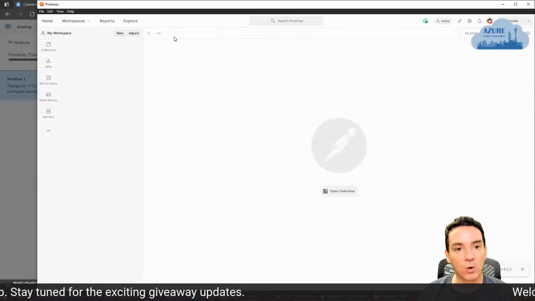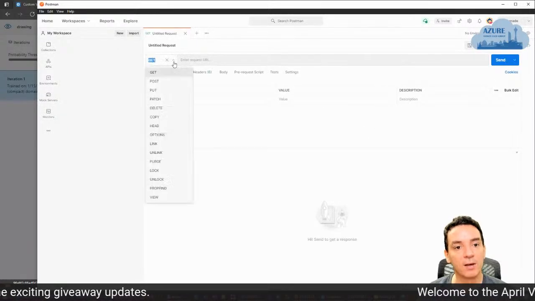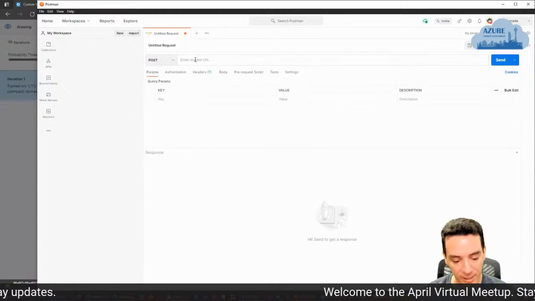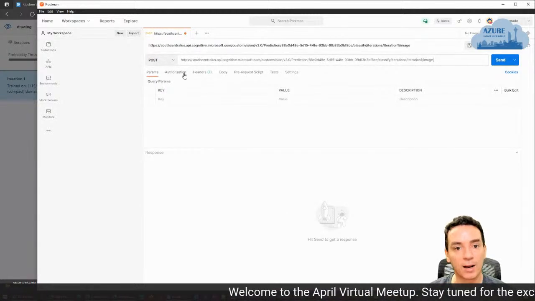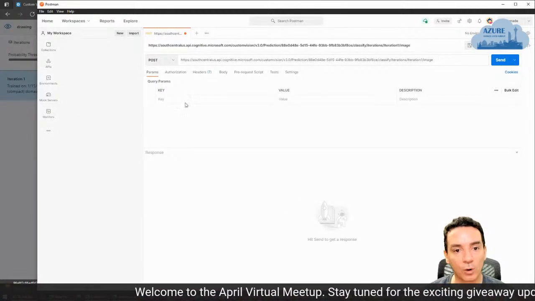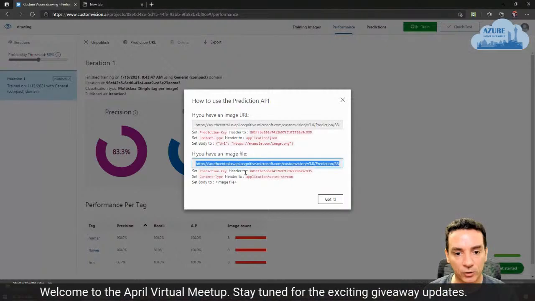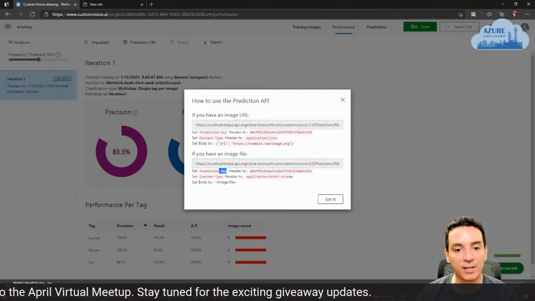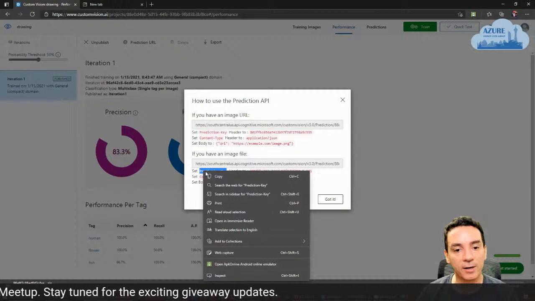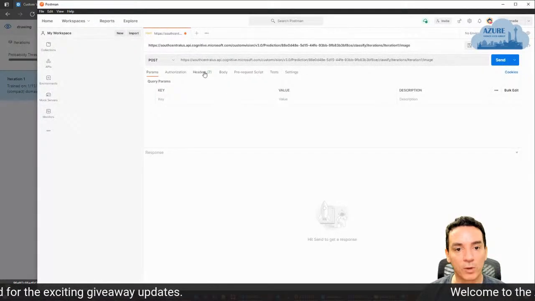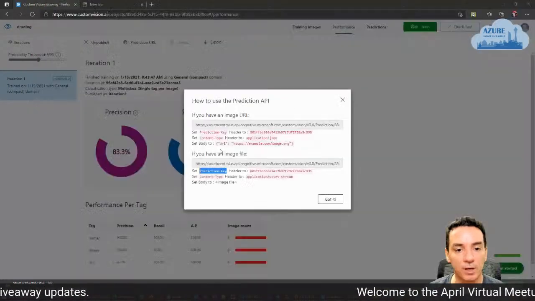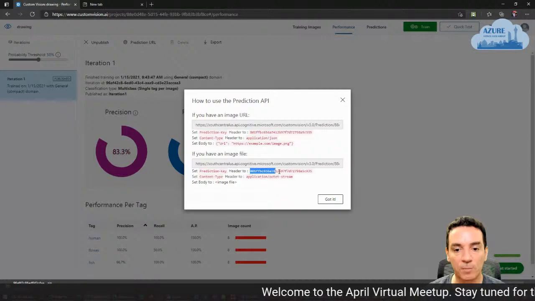I can create a new one. This is going to be a post request for that URL, and I need to add a couple of headers here. So I need to add a prediction key header. So let's go to headers, prediction key with this value.